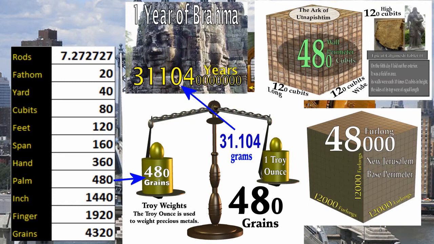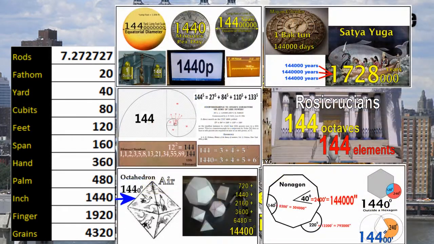At 480 palm, we're at a troy ounce, where we measure gold and silver, precious metals, 480 grains. Nice link to the year of the Brahma, but also a continuing theme throughout all of this is New Jerusalem. And New Jerusalem itself is a later retelling of the Ark of Utnapishtim, and the Great Flood as described in Sumerian Babylonian tradition. At 1440 inches,